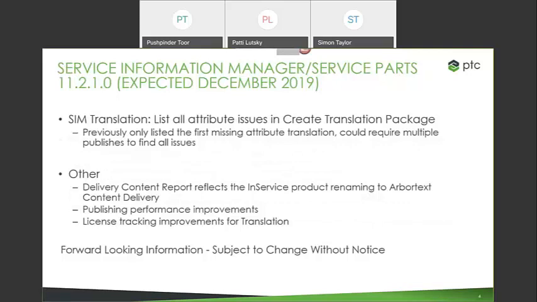On Service Information Manager, the next release is expected to come out in the December timeframe. A couple of new features here. One has to do with SIM translation, where in the past, if there was an issue with a missing attribute translation, so this is related to the translation dictionaries and XLIFF, for those of you that are familiar with it, when you would do a SIM